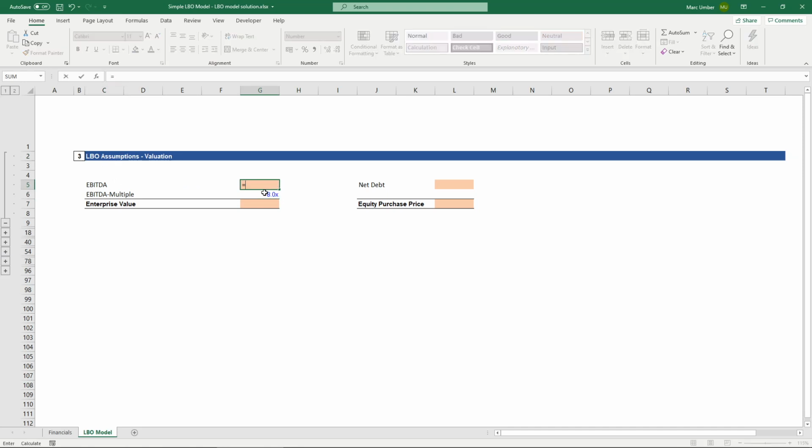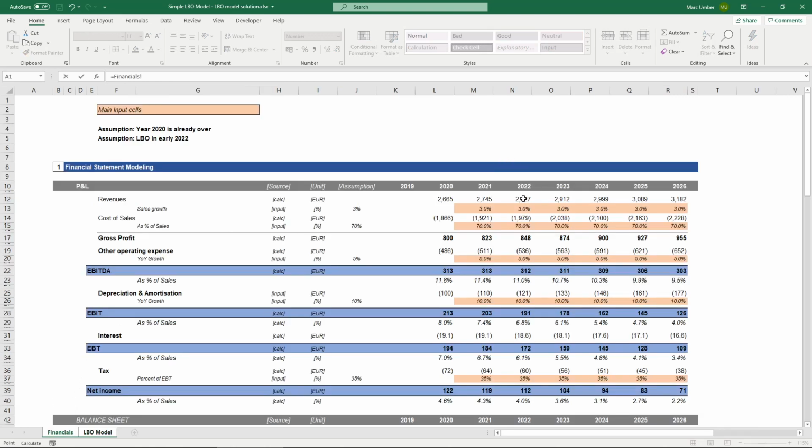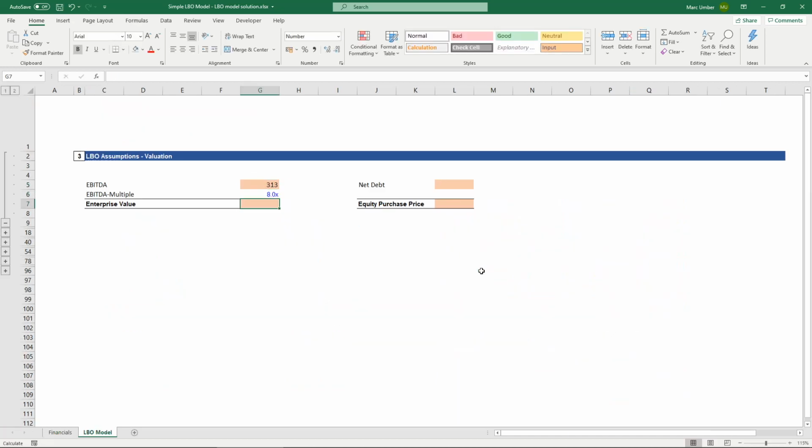Now, we know the EBITDA from the basic financial model, so we simply go into the profit and loss statement, and since the transaction will take place in early 2022, the last known EBITDA will be 313. This gives us an enterprise estimate